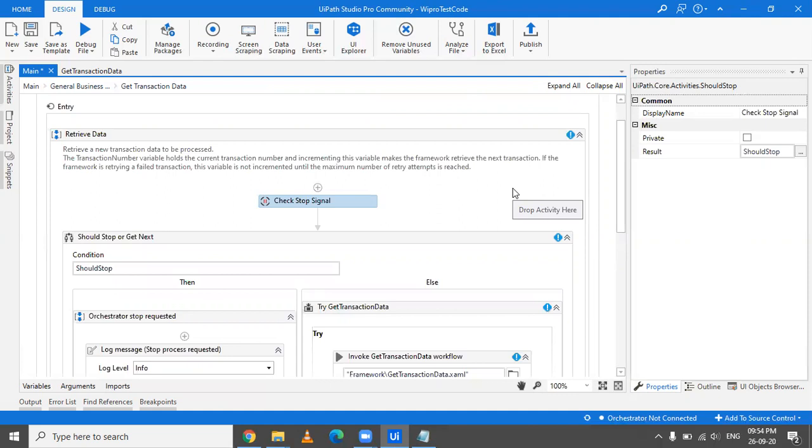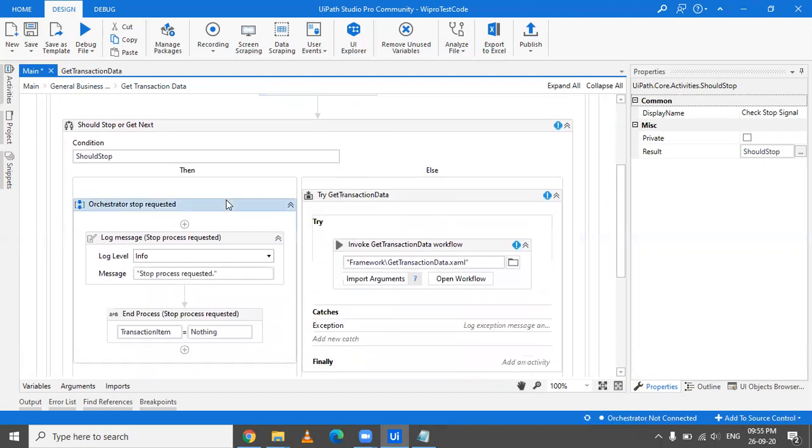If it has picked up a row and it is in the process transaction state and it is processing it, meanwhile you realize the bot is doing a blunder, I've got to stop it. So you would just stop it from the orchestrator. When it has finished the execution of that particular item and comes back here to get another item, it would check whether somebody has stopped this from the orchestrator, whether there is a stop signal. And if it gets the stop signal, then it would stop.